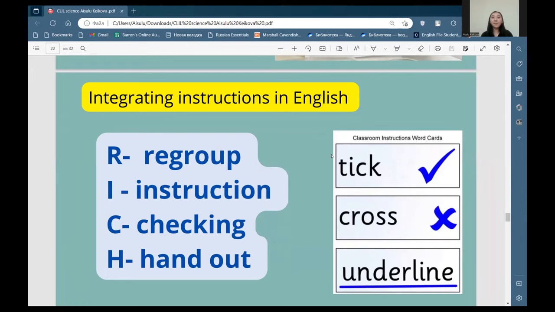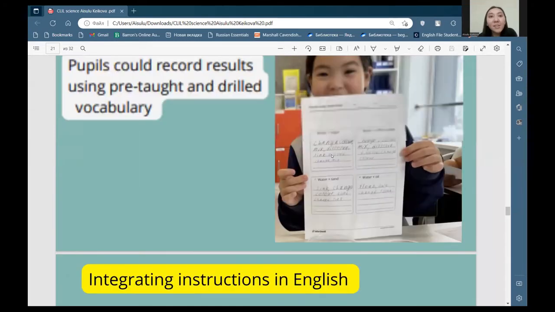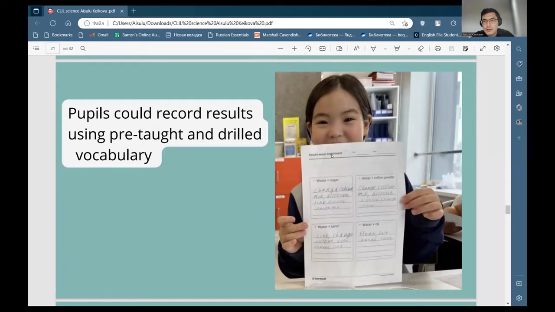So here comes the CLIL. Aisulu, sorry, so we have a CLIL question. Yes. We have a question in the chat. Yep. Right. Sorry. The question is asking